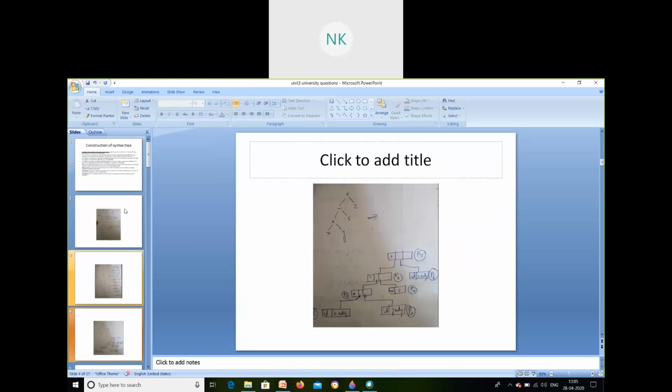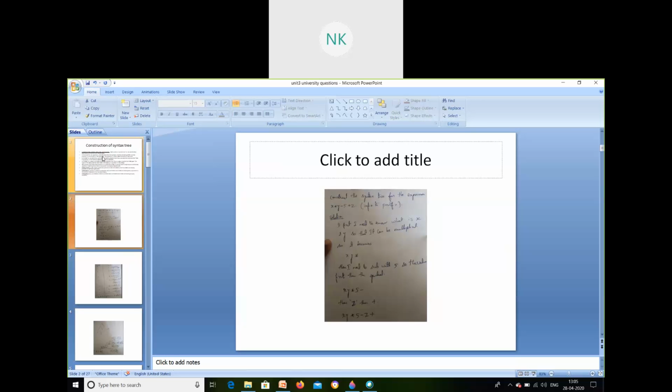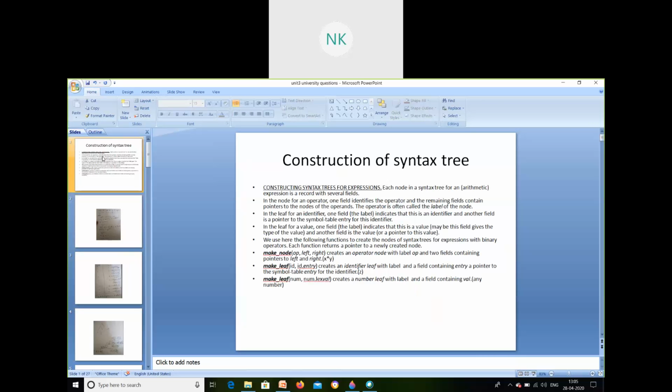So how do we construct this tree and what is the method to construct it? The compiler will not be able to construct it simply; it has certain methods to construct it. For example, if the streams of tokens are of different types, with operators, without operators, maybe only one identifier, maybe numbers, how does the compiler recognize those things? Let's see that. So, make node, make leaf, and make leaf again.